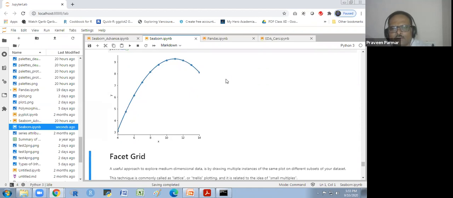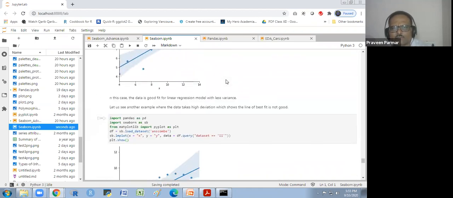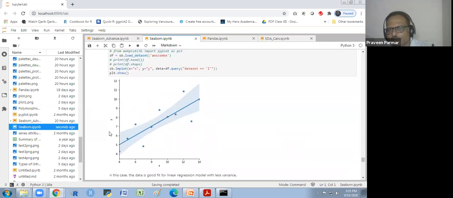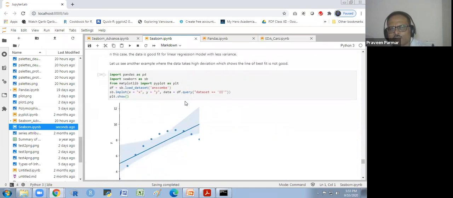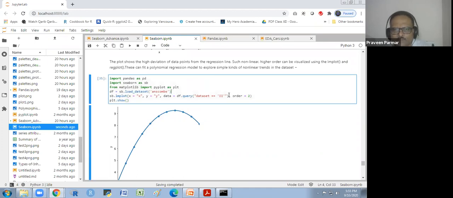This one is basically linear, and this is non-linear. This is also non-linear. So we have different data sets for Anscombe.